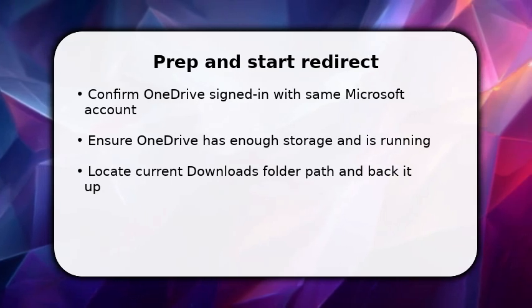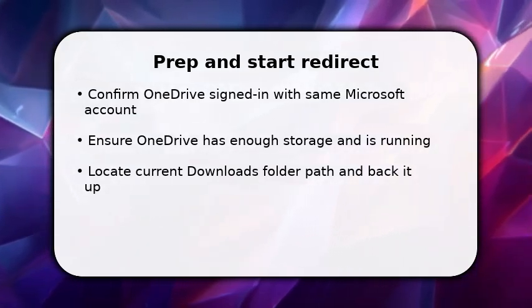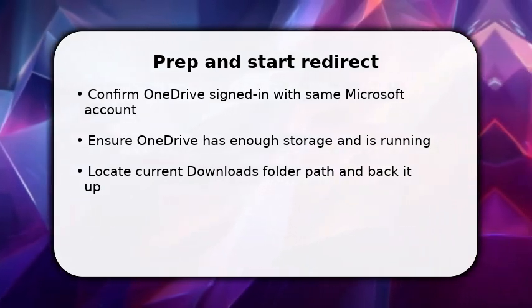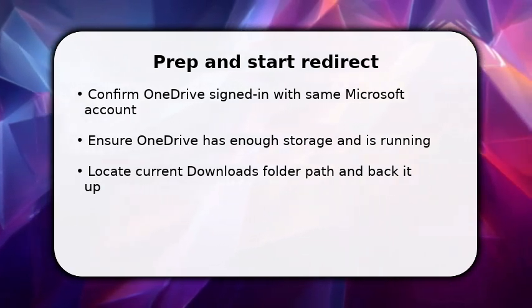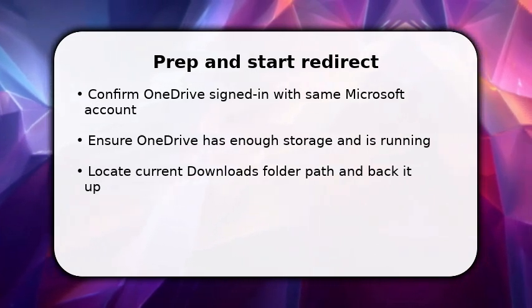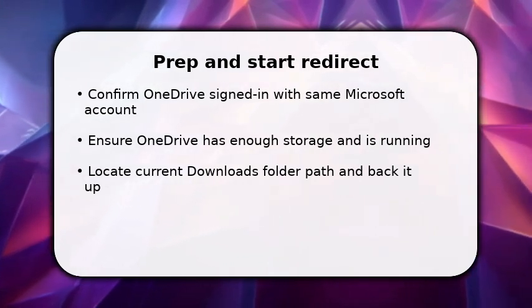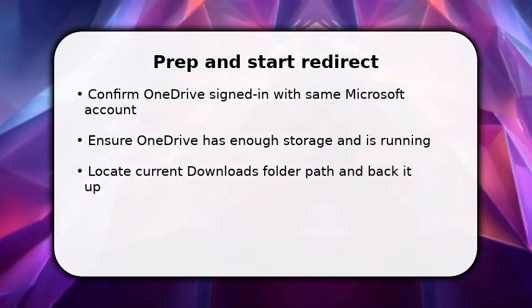Enjoy the video. You start by confirming OneDrive is signed in and actively running. This prevents sync conflicts. Next, make sure you have enough OneDrive storage, because syncing a large downloads folder can fill quotas fast. Once done, back up your current downloads folder to an external drive or a temp folder so nothing is lost. Then open File Explorer, right-click your downloads folder, and select Properties to prepare for the folder relocation step